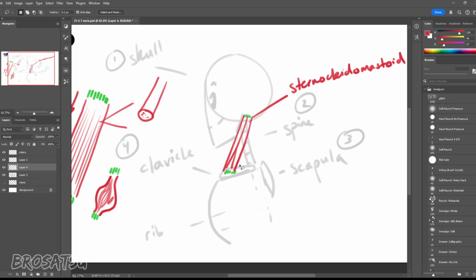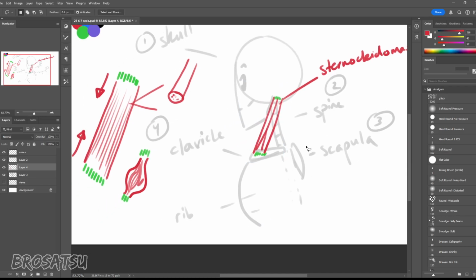Now, why am I talking about tendons and attachments? Because this is going to be really important when you think about how the neck moves, right? Because you're going to know that there's an attachment here and an attachment here. So when this head starts looking up or looking down, because remember when I said muscles contract, how do you pull your neck down or to the side? One of these muscles, that I'm going to put more in, is going to be pulling it in a certain way. So you'll understand